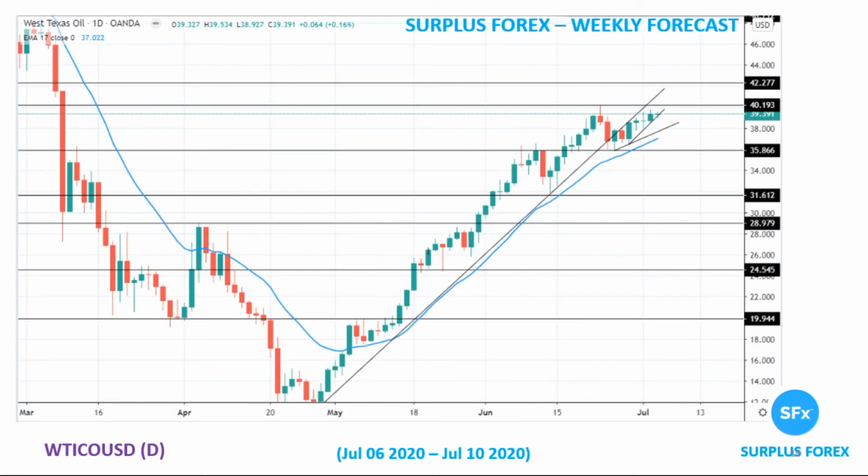On oil, crude oil, sweet Texas oil, on a daily time frame, we see that it's been rising. Even the week before last, I was expecting it to. Previous to that, it did hit 40. That was our target. I was still expecting it to rise and cross up to 41. Now I have moved my target up to 42.27, close to 42.